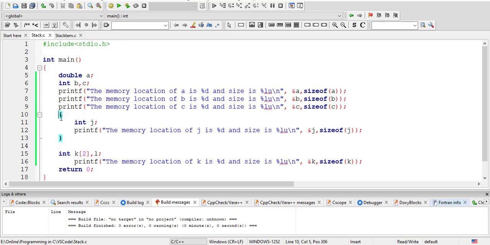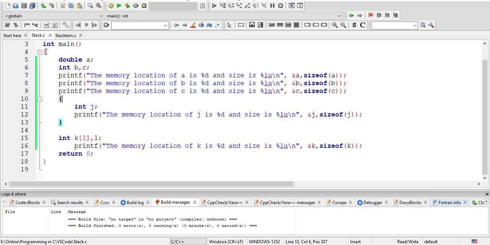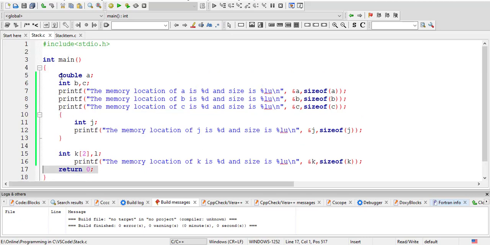Then I have opened what is known as a block. Whatever I write between two braces is a block. This entire function is a block. Whatever function you write will be a block. Here I have created just another block, and there is a particular reason why I created it. I wrote another integer, int j, and I am printing the memory location of j and its size.